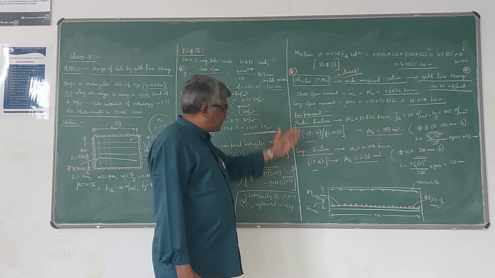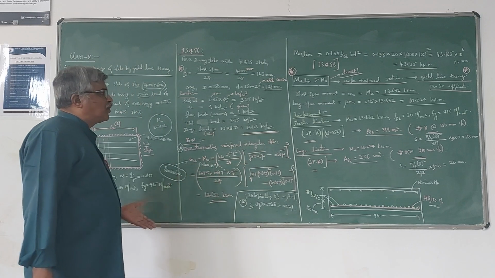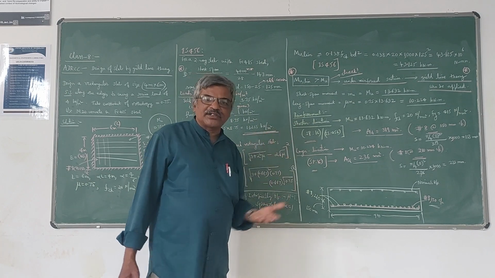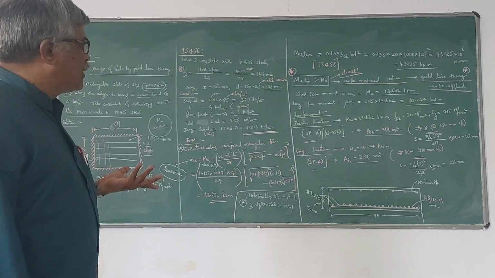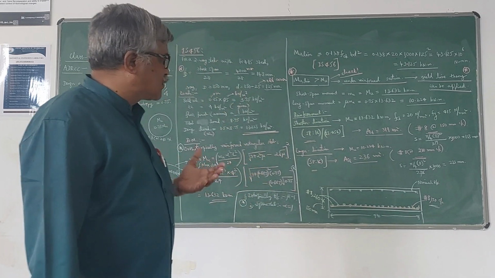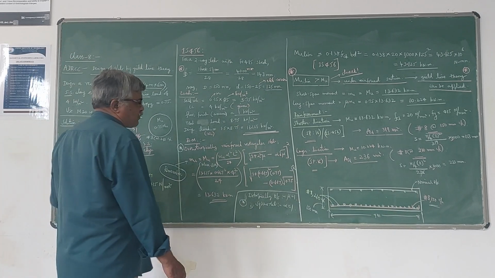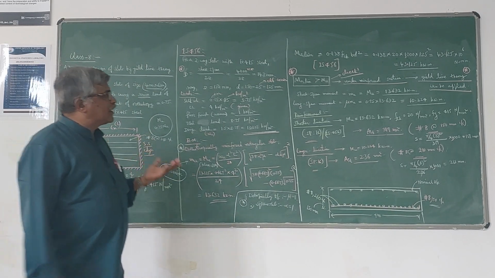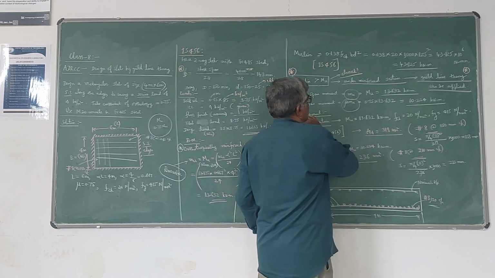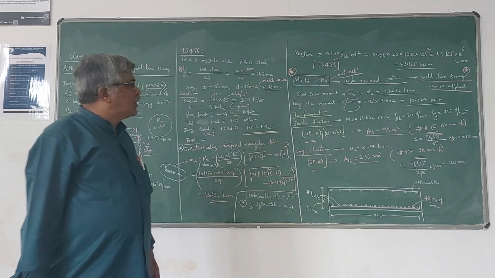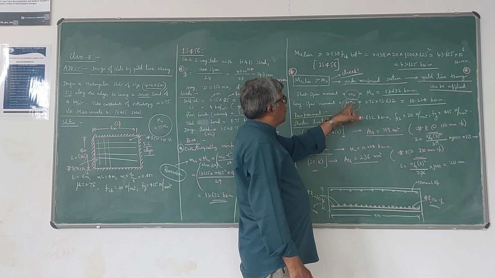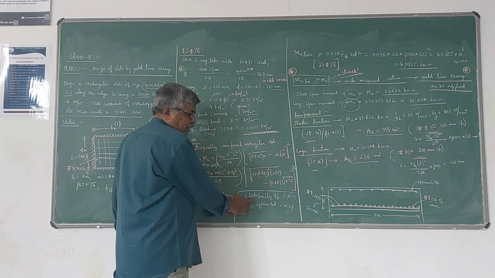And of course, if it is a square slab, since alpha is equal to 1, the reinforcement in both the directions will definitely be the same. And if mu is equal to 1 also, the reinforcement becomes the same in both the directions. Only if mu is different will your reinforcement be different in both the directions, and that reinforcement has to be designed for these two values of bending moment. Please note that along the shorter span, the moment is m, along the longer span, the moment is mu into m. If mu is equal to 1, then both these two will be equal. That means it is an isotropically reinforced slab.